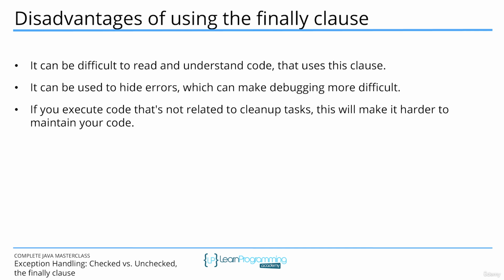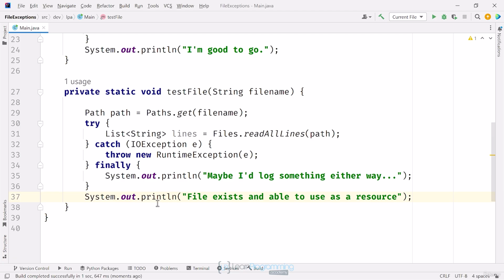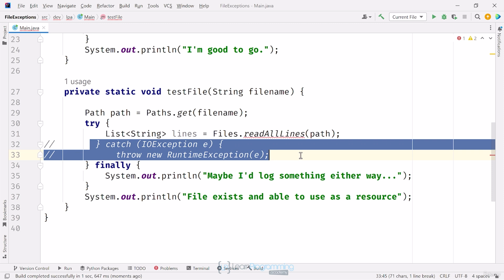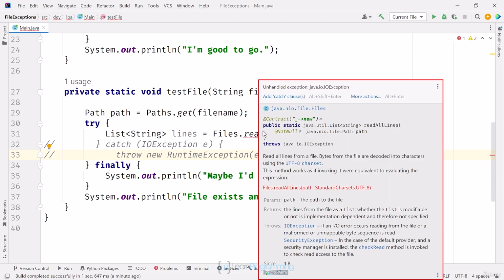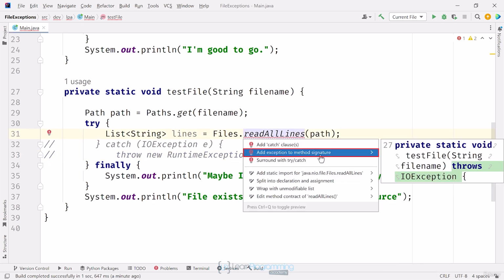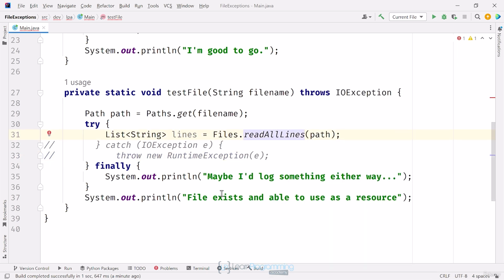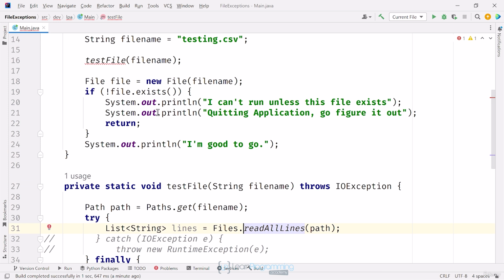Okay, so getting back to the code, let me just cover a couple of these points. First, I'll comment out the catch statement. Now I'm back with a checked exception problem because I'm not handling the possible I/O exception. I'll add it to the method signature for a moment just to get rid of that error. Now you can see that this code compiles, but I've pushed the problem up to the main method on the